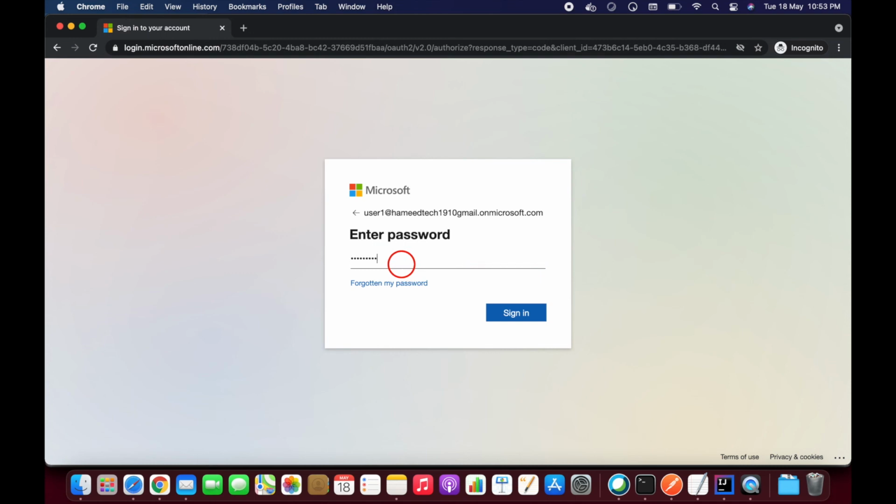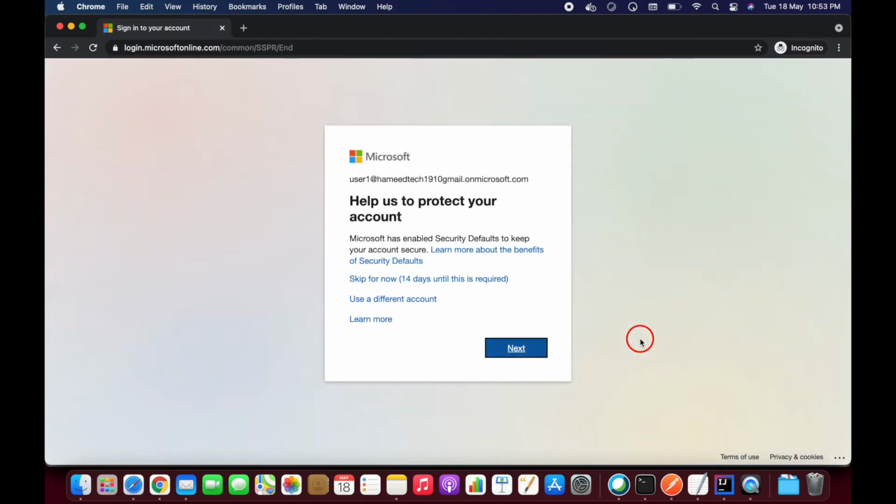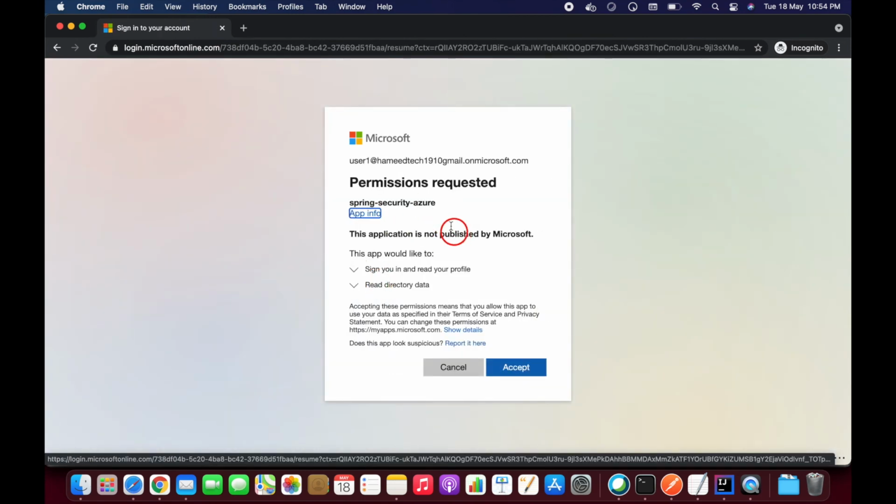Let me provide the password. Click on sign in. It's asking me to change the password. Okay, let's sign in. You will see a couple of options here, and I'm just clicking on skip for now. Permissions requested. Click on accept.